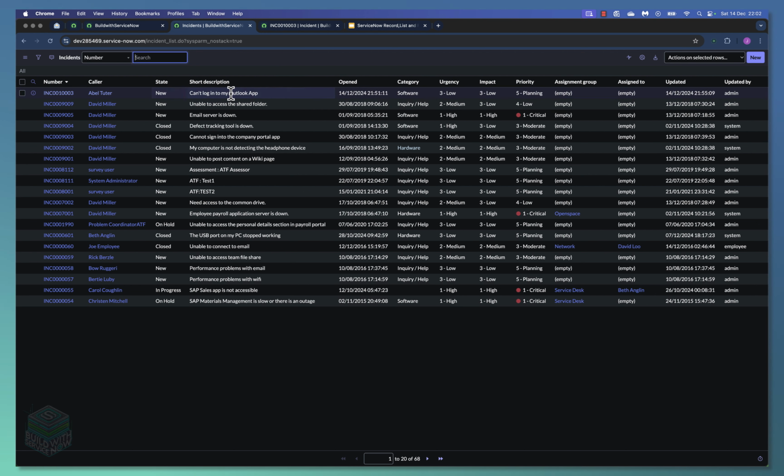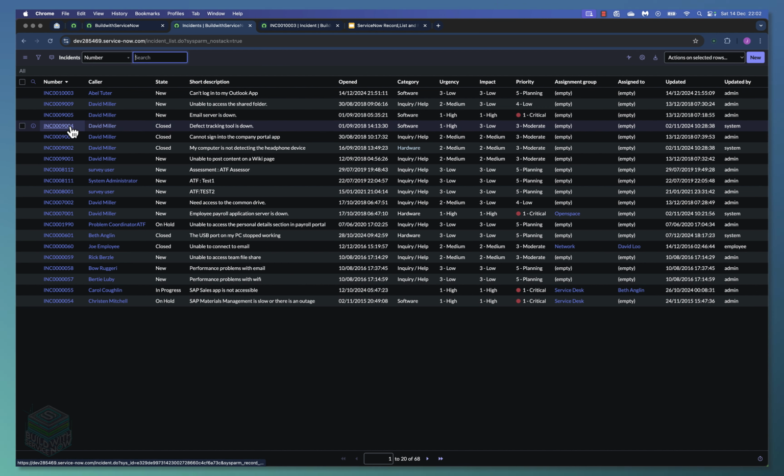Now you can still edit in the list view, but this is based on role access or ACLs. So sometimes you'll be permitted to do that, other times you wouldn't be. This is all based on certain applications and also certain records that you want to work on. Some of them require you to elevate your role before you do that. Let's say